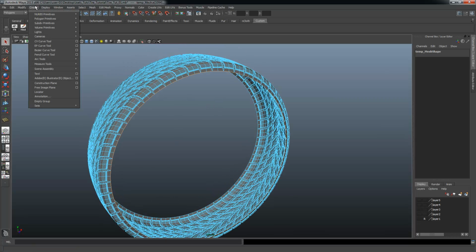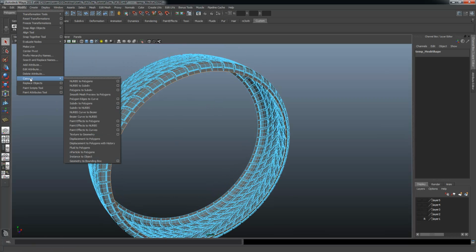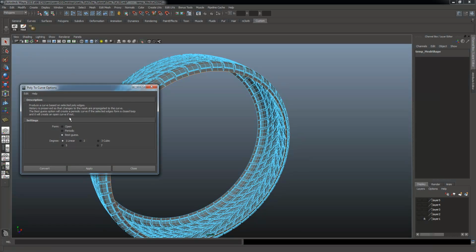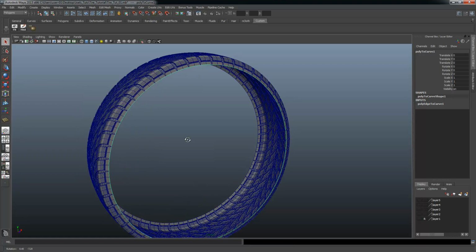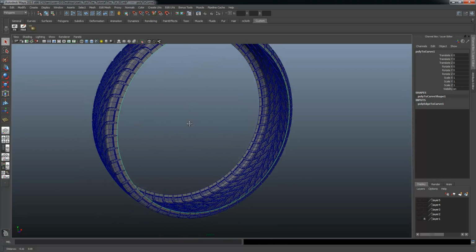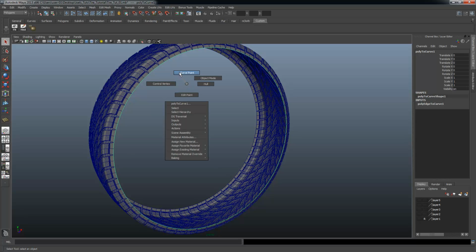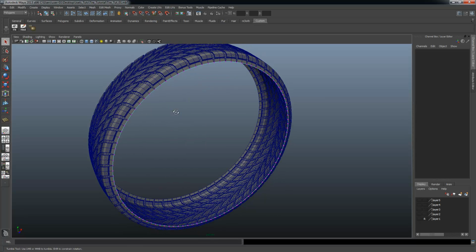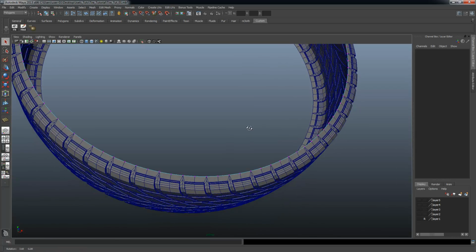I'm going to go to Modify, Convert, and I'm going to say Convert Polygon Edges to Curve. I'm going to open up the dialog box here, and for degree I want to do 1 linear, and I'm going to say Apply. Okay, and then what I want to do here is right click on this guy and go to Control Vertex, and what I'm looking for is I just want to find out where this